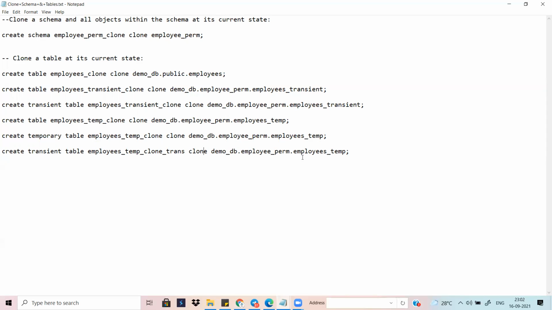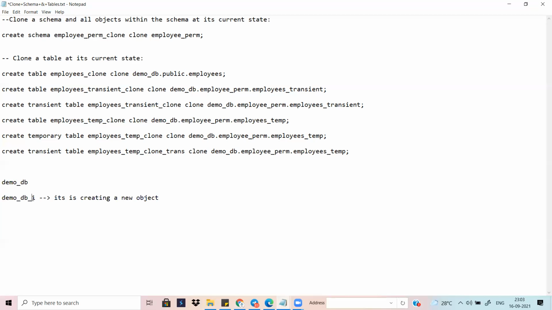But sir, in cloning, one concept: suppose demo DB is a database. If you are cloning, creating that object, a new database from demo DB, what happens? It is creating a new object, but the object reference will be in the same area.